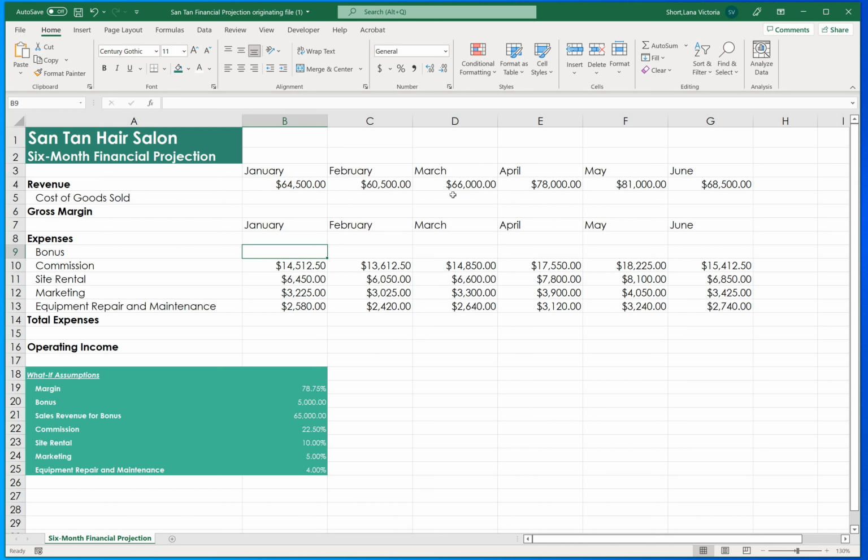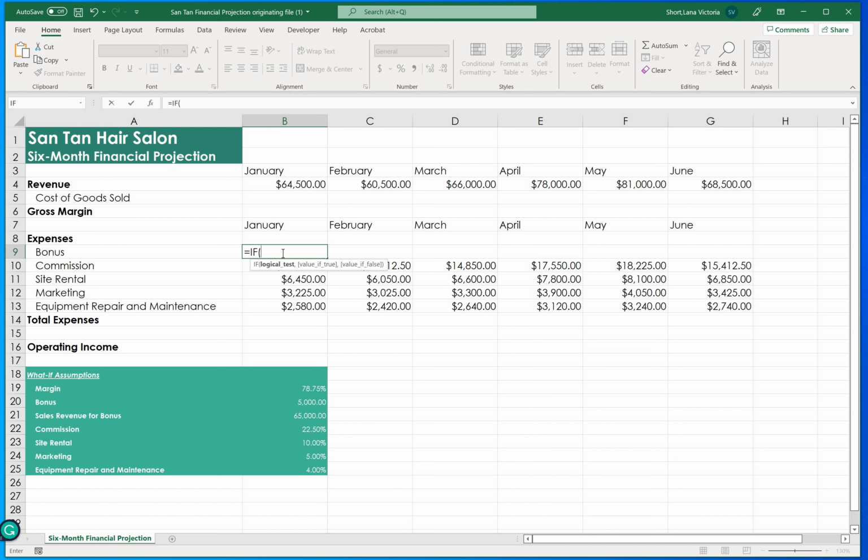We can do it just by looking at the values and comparing them, but that's not productive. To make it productive, you are actually going to write an IF formula in the cell for bonus, and you're just going to compare the revenue with the condition for paying the bonus, and if this value is greater than this value in cell B21, then you're going to say, okay, we're going to pay 5 grand. In the case it's not true, we're going to pay nothing. So we're going to use the function IF,